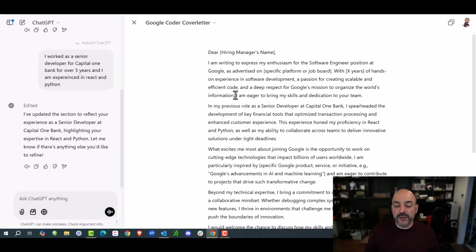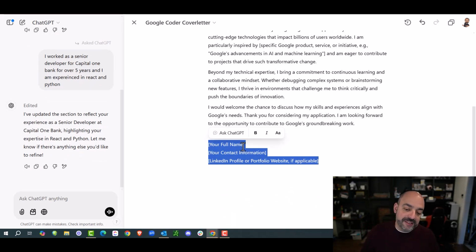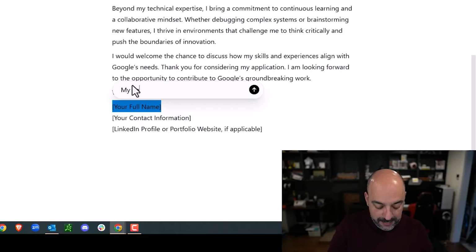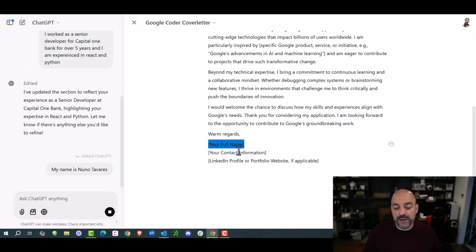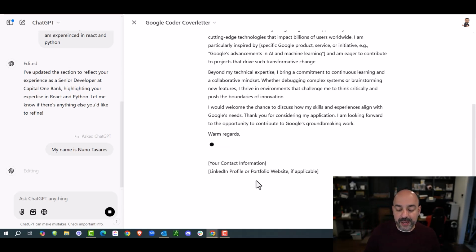It's going to rewrite it based on what I had. Now I can keep adding to it and go more and more at it. I can rewrite the whole entire thing. I can fill in this entire name. For instance, I can come in here and say, my name is Nuno Tavares. All right. And then I can come back in here, and it's going to automatically update that. Or if I want to fill it in myself, I'll show you what you can do. You can actually write when this thing is done. So it's taking a minute, so let's just go ahead and wait for it. And then we're going to come in here and correct it.